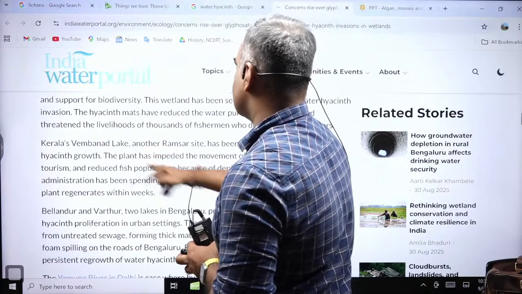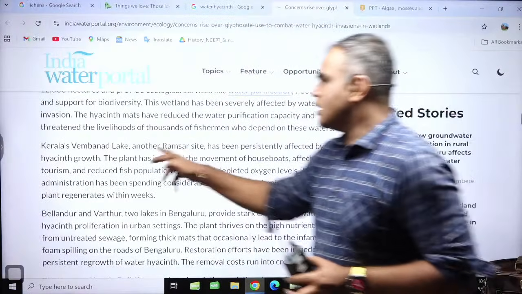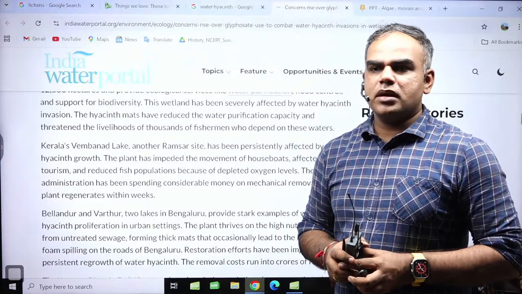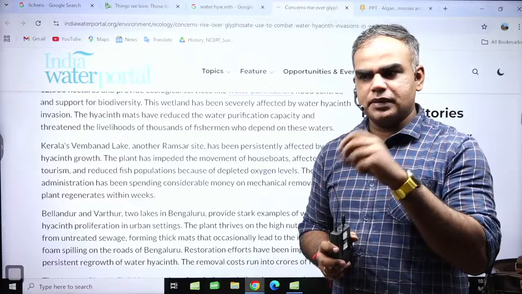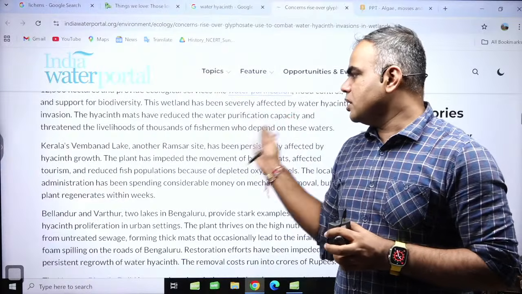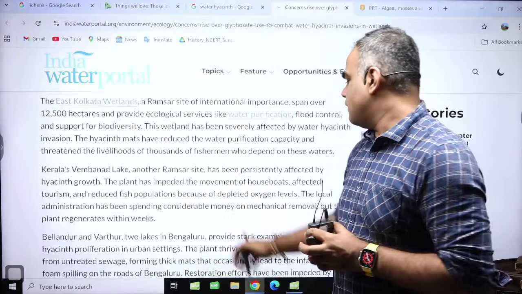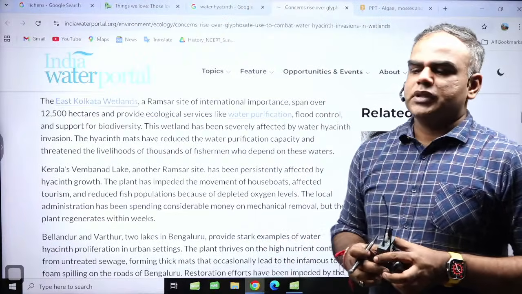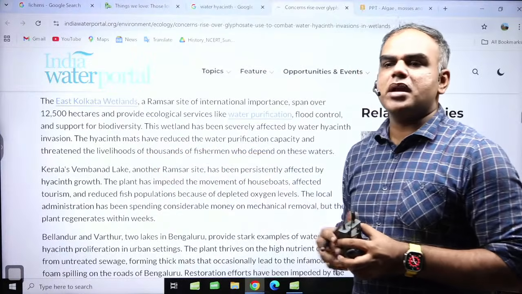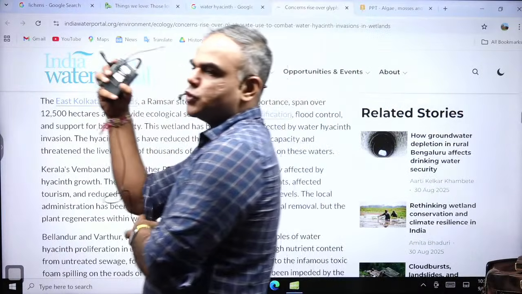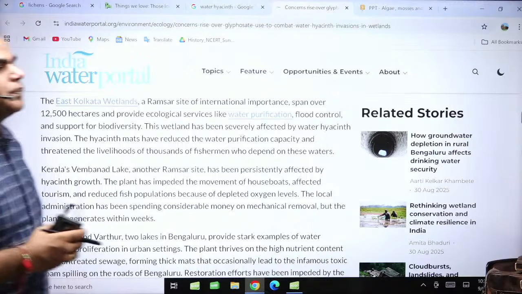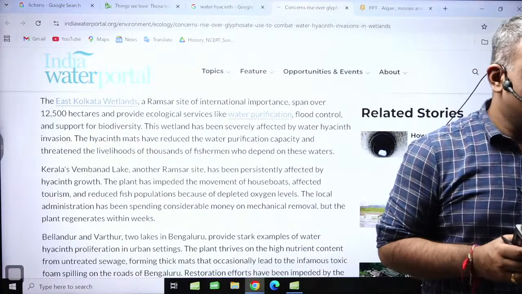Let's write one more thing here along with this. You can also write this. I told you Kerala. Kerala has this Vembanad Lake. Kerala actually has 3 Ramsar sites. The keyword is VAS: Vembanad, Ashtamudi, Shashtamkota. So in the margins, note that these are also impacted. VAS, you can also write. Kerala has 3 Ramsar sites. VAS. Vembanad is one, Vembanad Lake. You have Ashtamudi Lake also. These are some additional trivia. Slowly and steadily with each class, you will be building on this, and your preparation will be good.